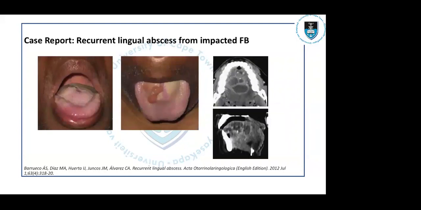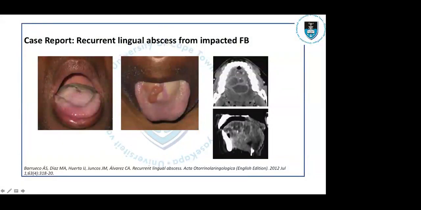There is only one published case in the literature from Spain of recurrent lingual abscess secondary to a foreign body. It is the case of a 56-year-old African male with type 2 diabetes. He had a motor vehicle accident 26 years earlier with a complete section of the anterior third of the tongue, and he reported impaction of a toothbrush bristle during his daily cleaning of the tongue surface, subsequent to which he suffered 2 episodes of lingual abscess 1 year apart.